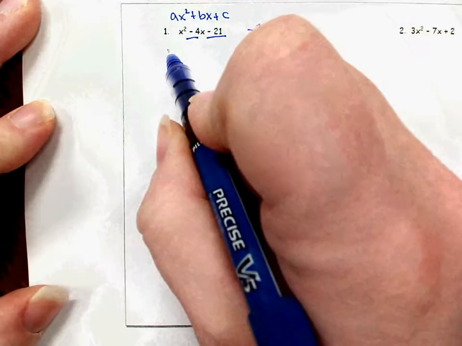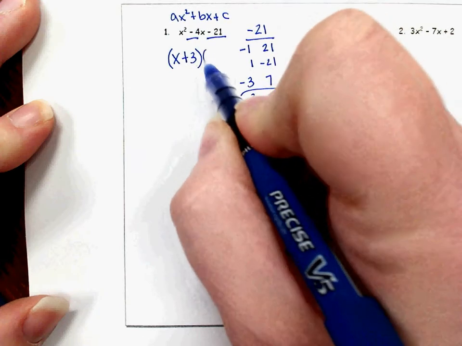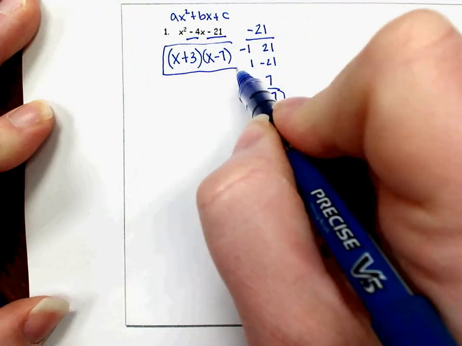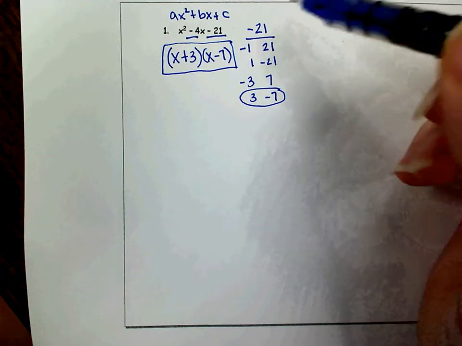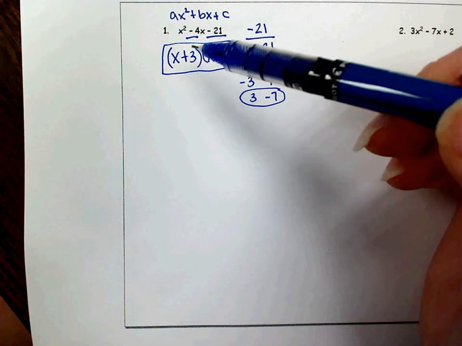So we write our binomial factors as x plus 3, since 3 is positive, and x minus 7, since 7 is negative. The order doesn't matter, so if you write x minus 7 times x plus 3, that's the same thing and is correct. Remember to always double check your answer by distributing out and making sure you get what